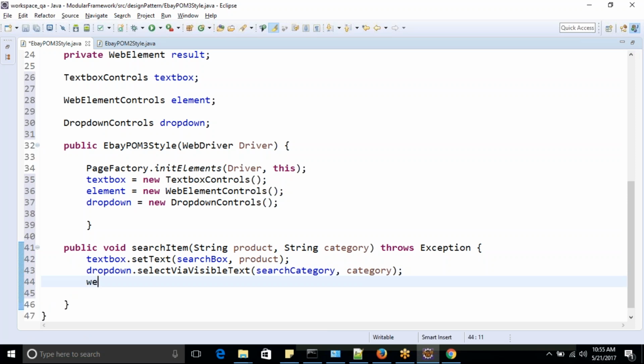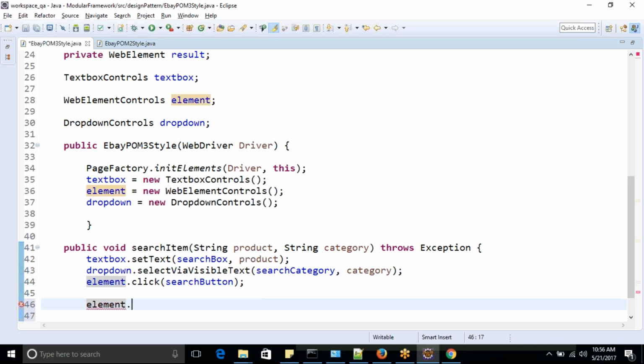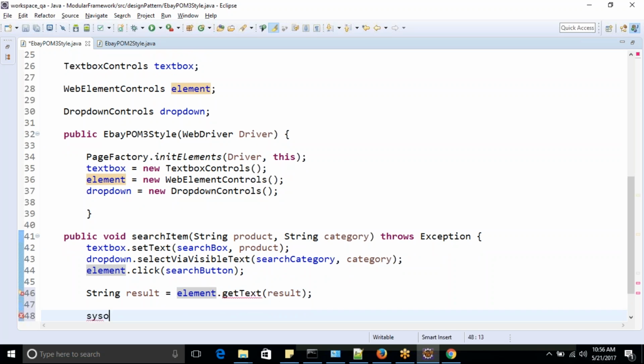So it will be element dot click, and where you have to click, on the search button. After that, I have to get text. So to get text, we have element dot getText, from where the result is, and this will give us a string value. So I'll say String result equal to this value, and we'll simply print it. System.out.println, result is